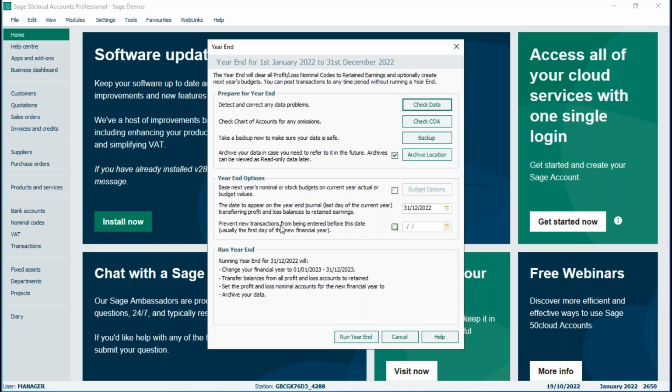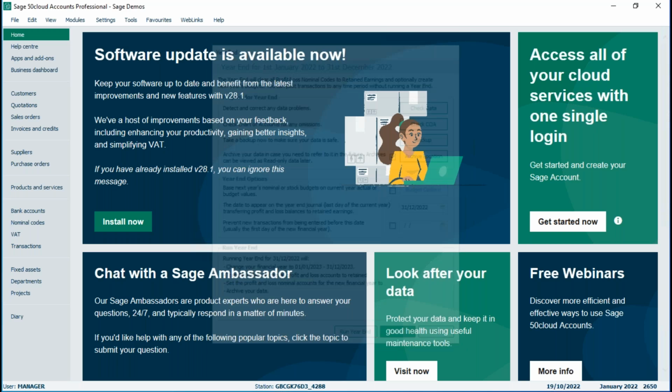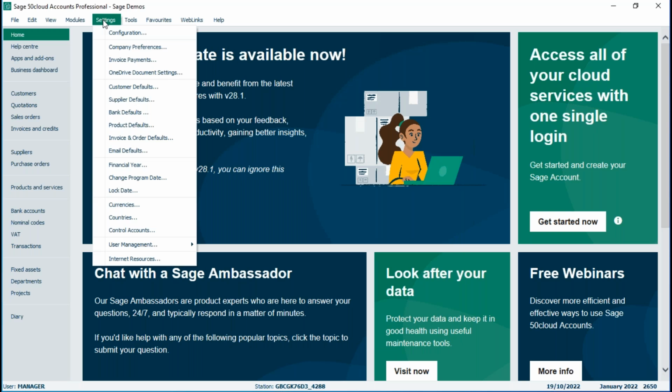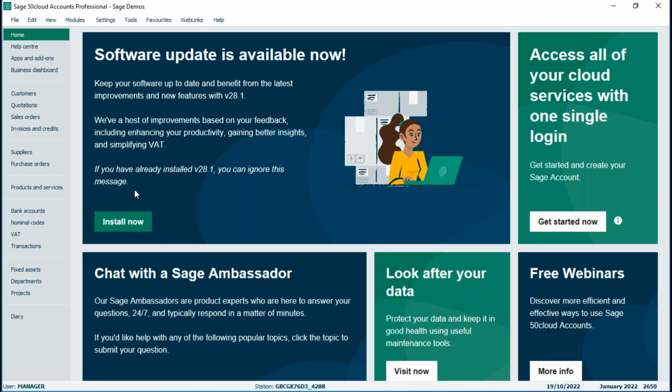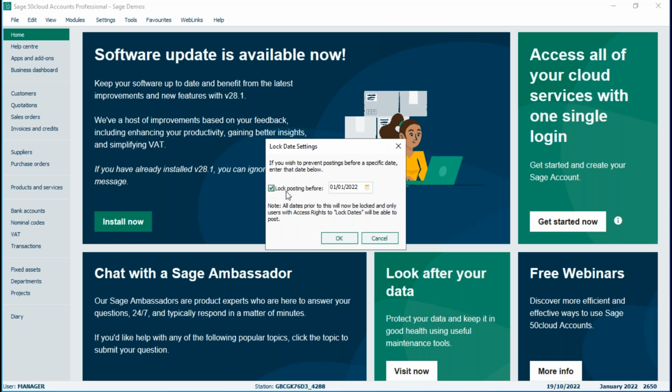So this option here, I should say, it's exactly the same messaging. Again, you've got the tick box and the ability to then enter a date if you do switch it on. Or you can go into settings, assuming you've got access to this option, which if you're logged in as manager, you will have access to everything. So settings and then lock date, and we can switch it on in here as well, and also specify the